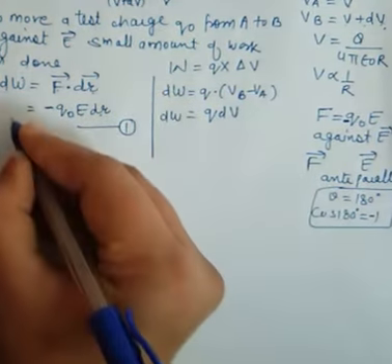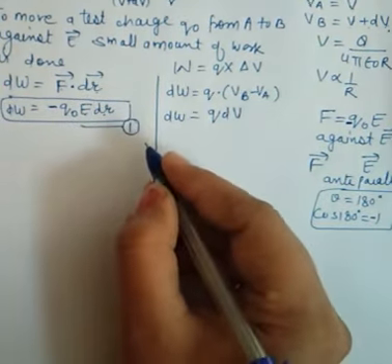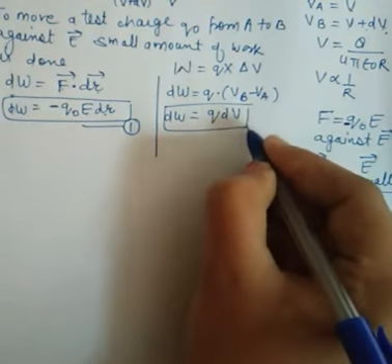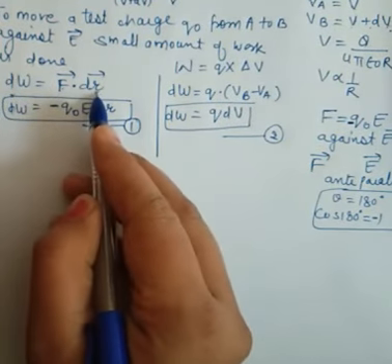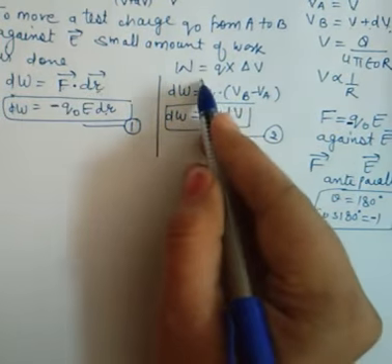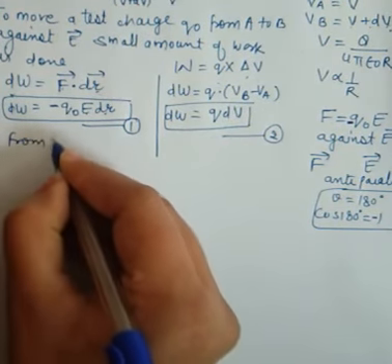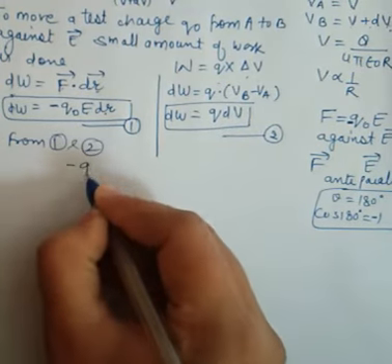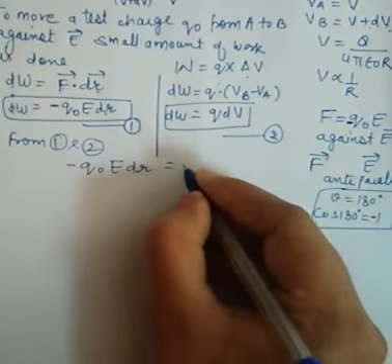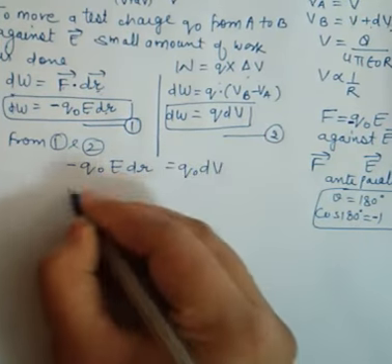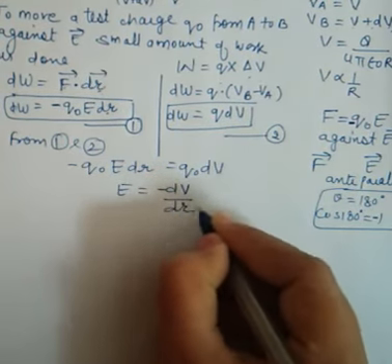How do you have to remember this, because it is a very important derivation from the examination point of view. First you have to use the class 11th formula for work done, and then you have to use the class 12th formula for work done, and equate equations 1 and 2. Minus Q naught E into dr is equal to Q naught into dV. Q naught cancels with Q naught, so E is equal to minus dV by dr.